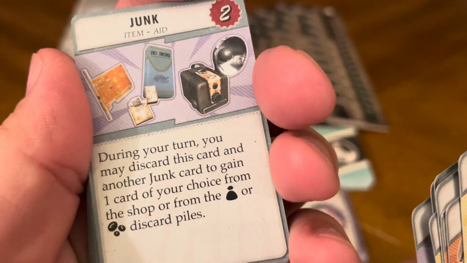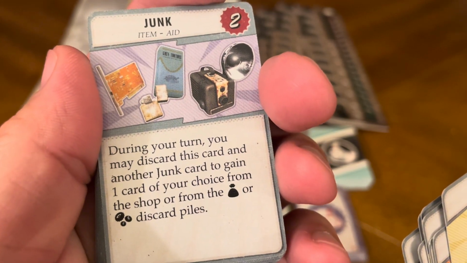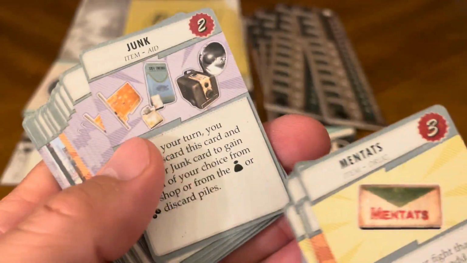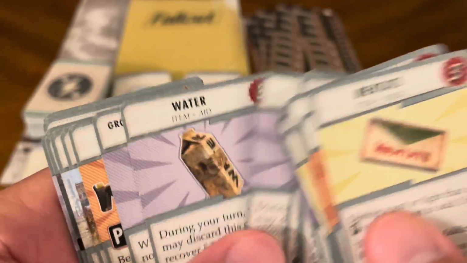It says, let's see, during your turn you may discard this card and another junk card to gain one card of your choice from the shop or from the money or something kind of discard piles. Okay, I'm not sure what these icons mean. Okay, so you got junk, junk, junk, water, water,